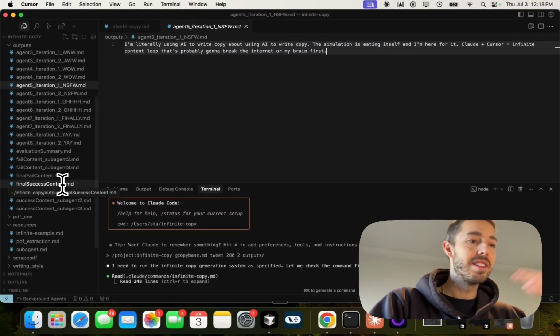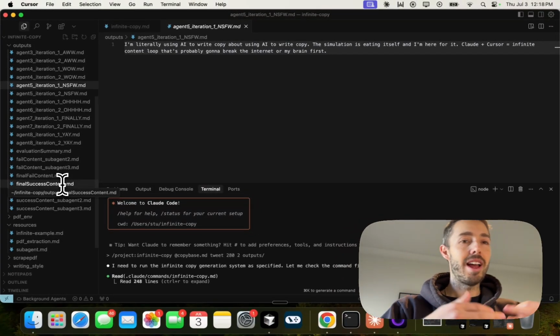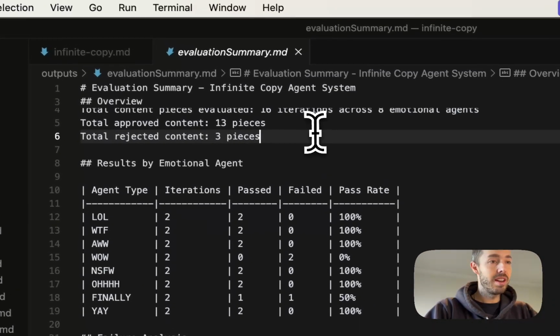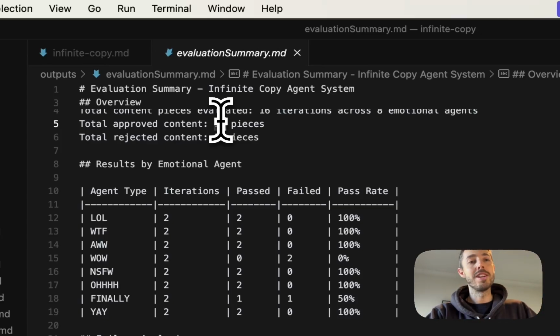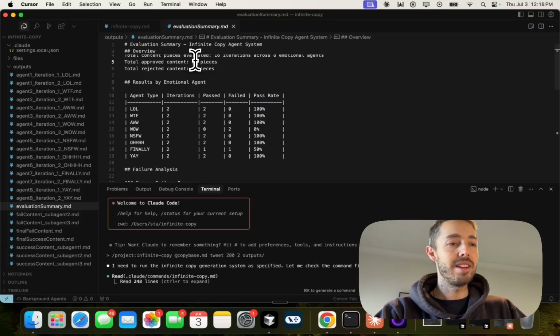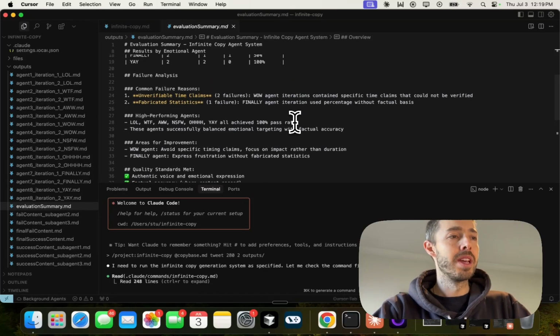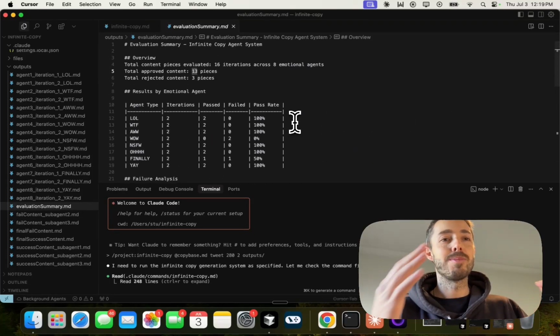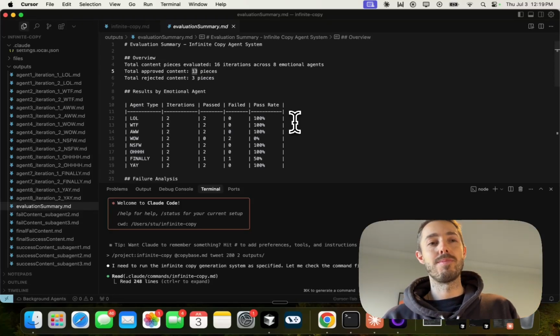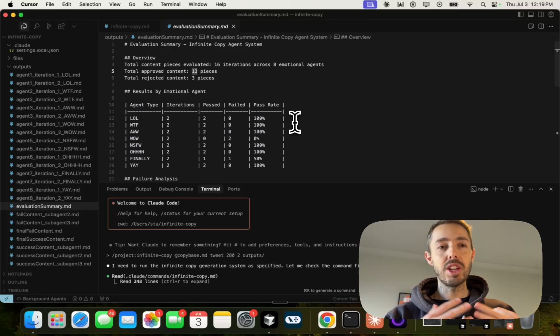So I think this is a great micro tool, and a good exploration of an agent which generated how many pieces of content? 13 tweet options based on an idea that I can now use, edit, and share on social media. So good little introduction. I know I skipped over a lot, but hopefully this was an example that was a bit of a primer for how you might think about agents and what agents might be useful for in the future.